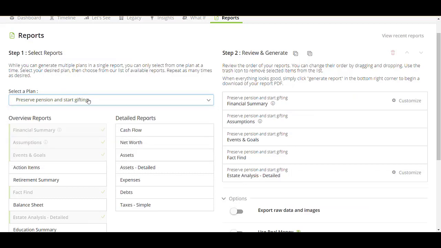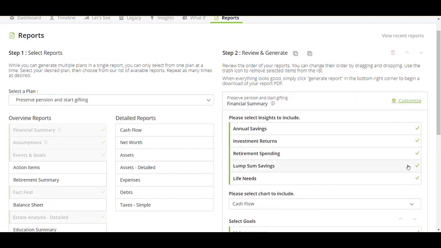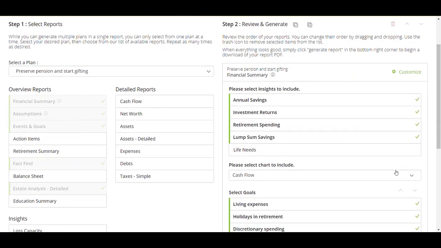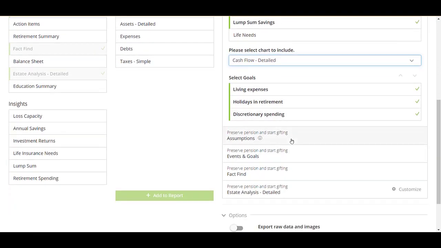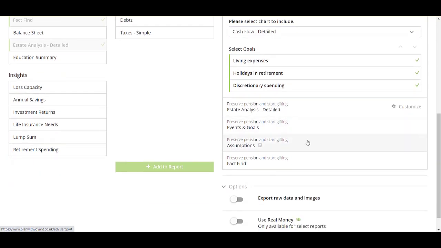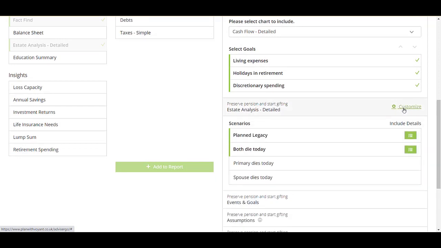Again, I can customize the summary. We're not talking about life insurance needs here, so I'm going to untick that. I'll probably include my cash flow detail chart. I'm going to move my assumptions to the bottom and my fact find. And again, I can customize what I want to include in the estate analysis, and I can include or exclude the details for the planned legacy and both die today. So let's toggle those off, just to keep it relatively short and simple. Then if I click generate report,